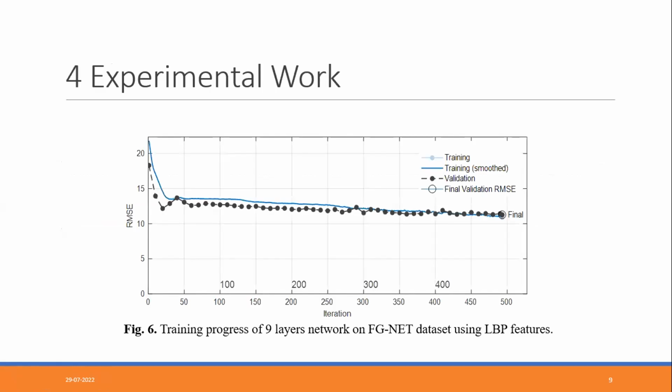Now I'm coming to the experiment results which I got from this network. The first network which I trained is the same 9-layer network, and I trained it using FGNet and tested it also using FGNet. I used the LBP feature to train and test the network, and I got the validation error, root mean square error, somewhere